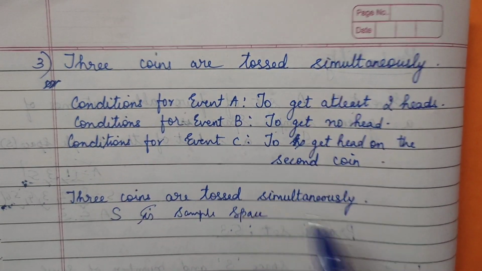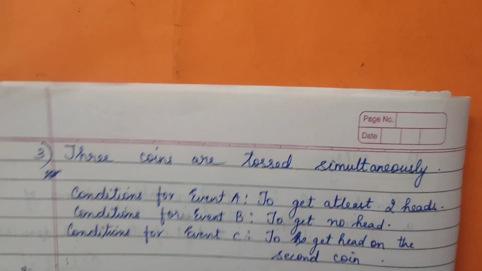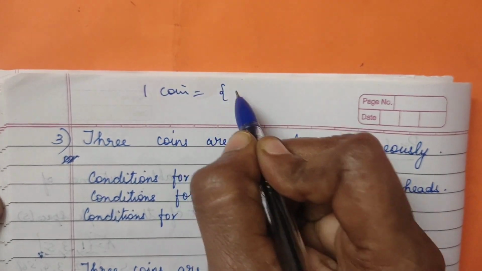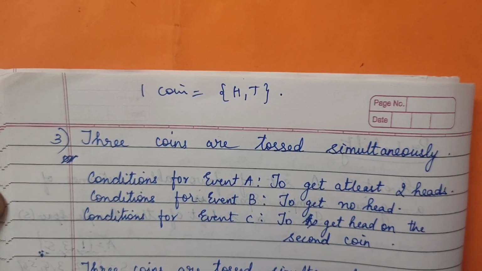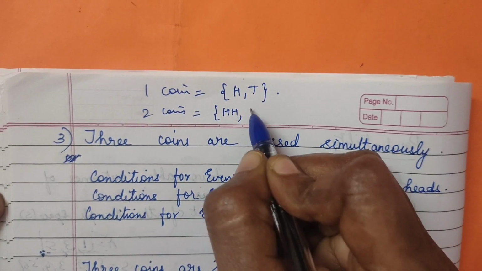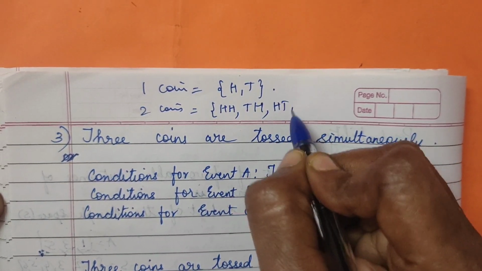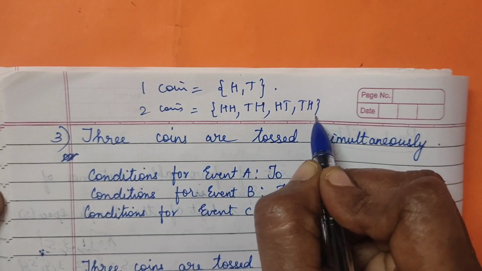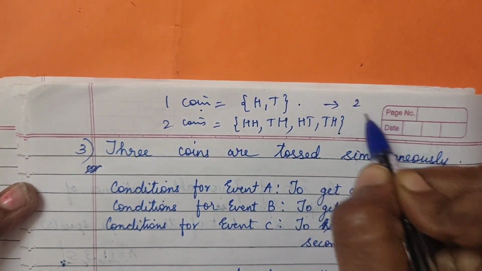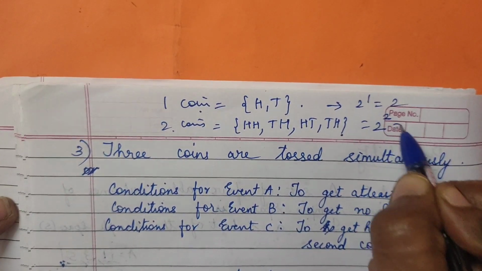One more small hint to you all. If one coin is tossed, you generally get a head or a tail, is it or not? And if two coins are tossed, then we will have HH, HT, TH and TT. So how many outcomes did we get? Four. I repeat again: for 1 coin it is 2, that is 2 raised to 1, and for 2 coins, 2 squared is 4.